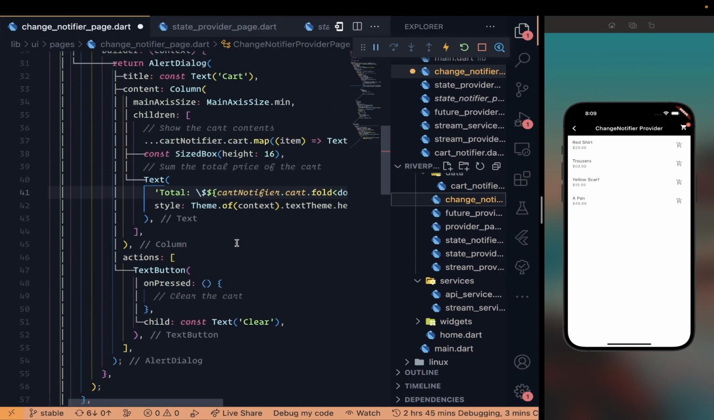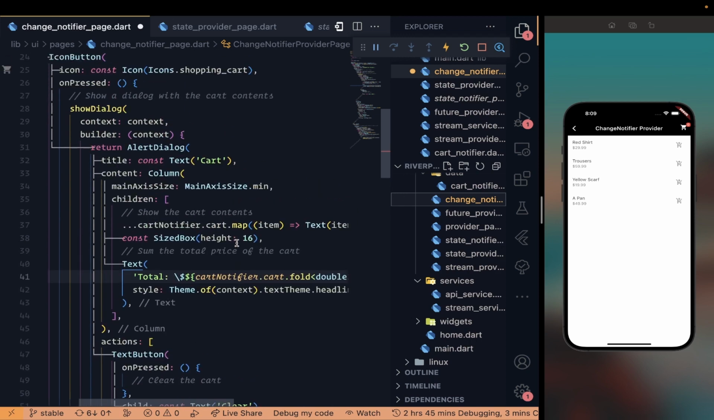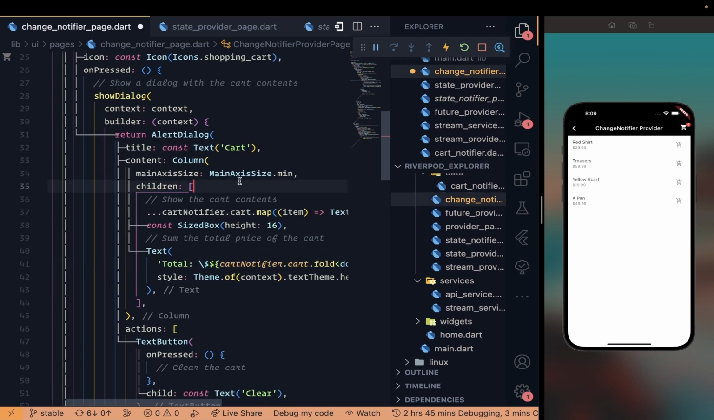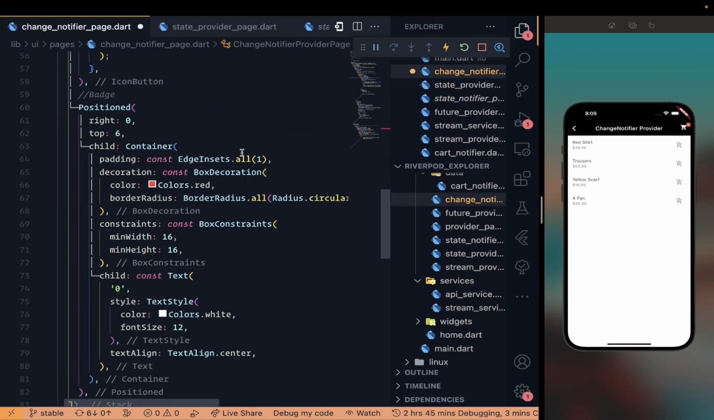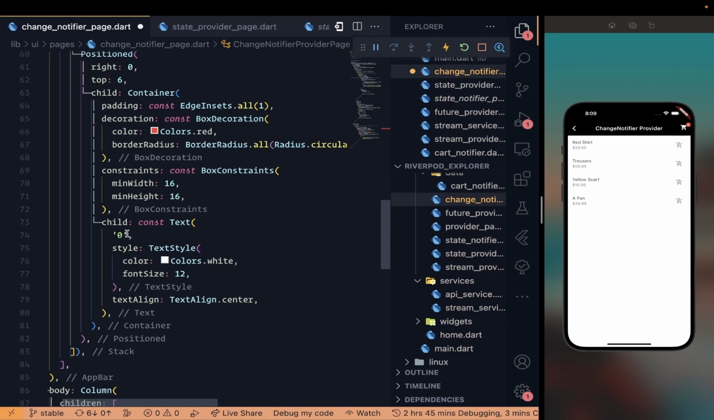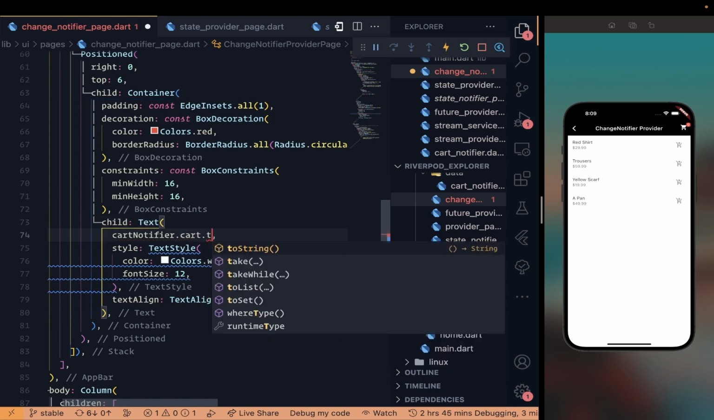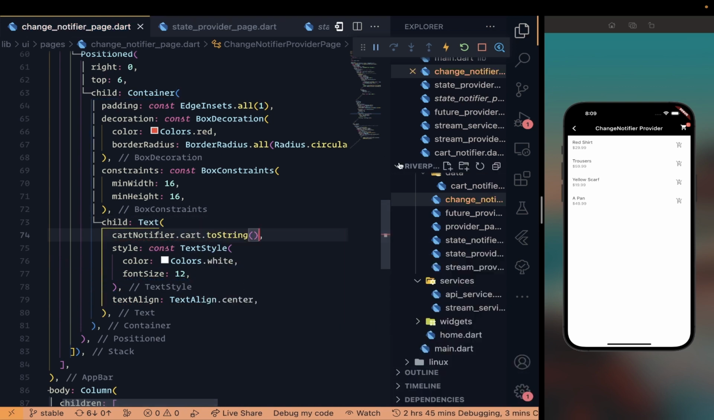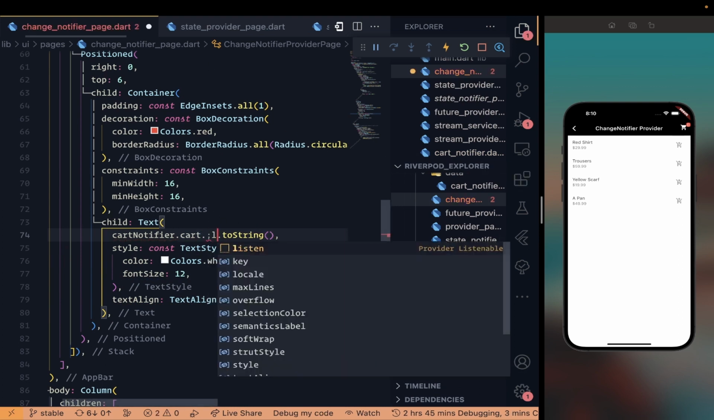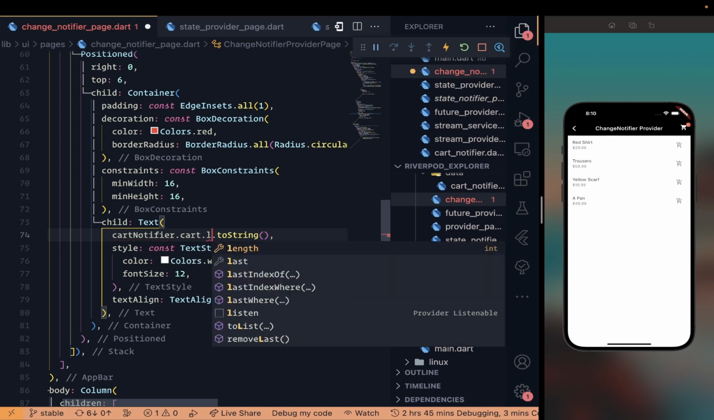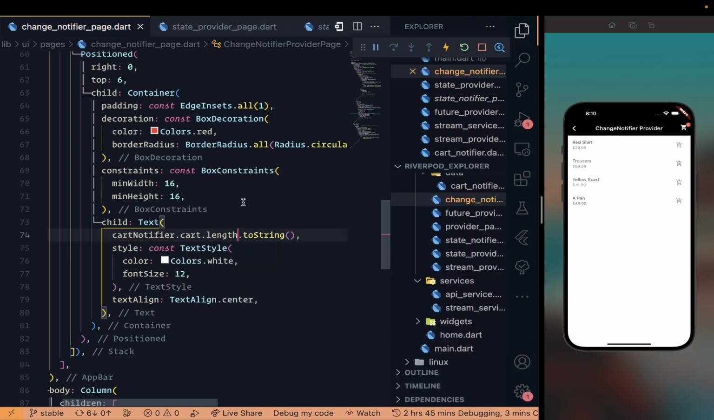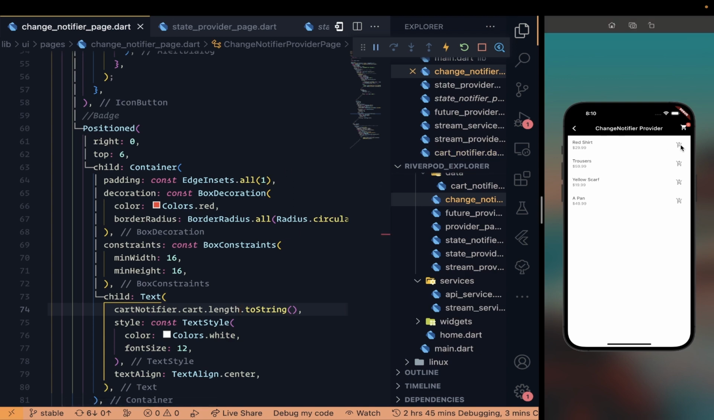We didn't show the total, or did we? We didn't. So in the total here, it will be our cart notifier dot cart, remove the const, and it's going to be to string. Okay. It's going to be dot length, and then it's to string, which makes a lot of sense. So we have 0. As we add, you can see